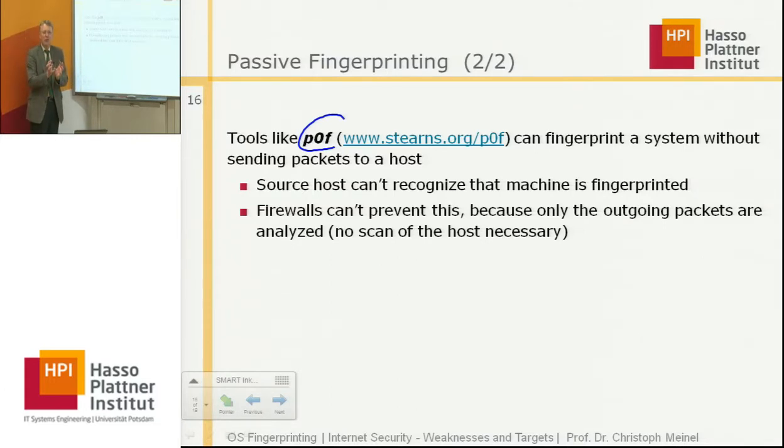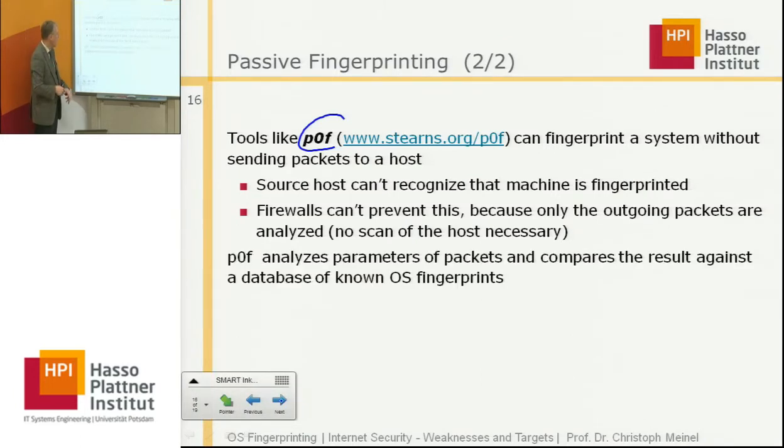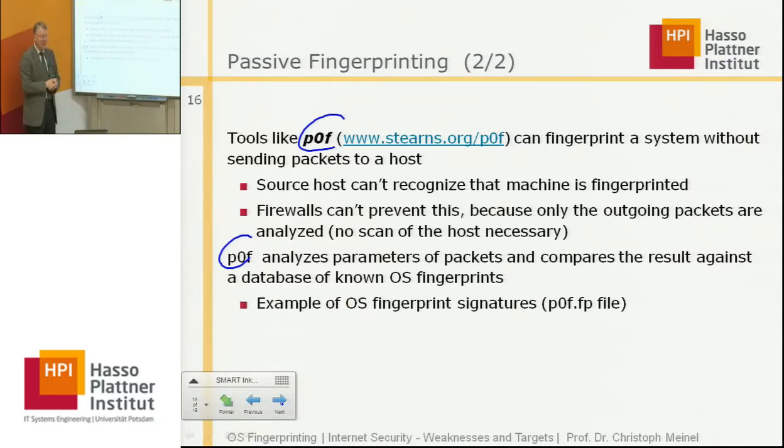Also, the possibilities to receive information are not as well established as in the case of active recon. So POF analyzes the parameters of the packets and compares the results against a database of known operating system fingerprints,